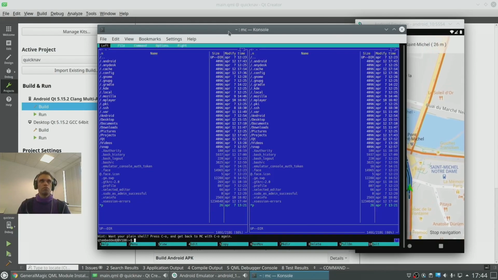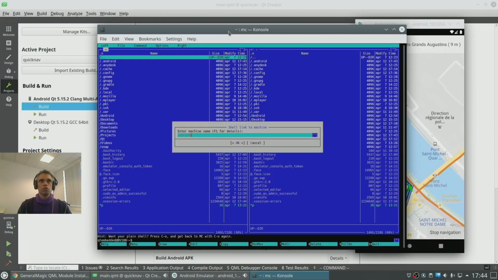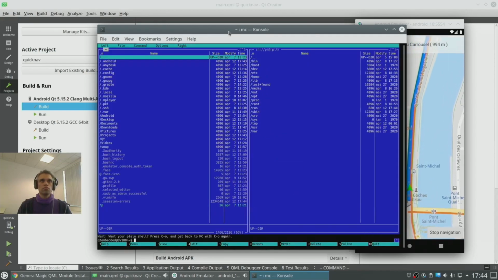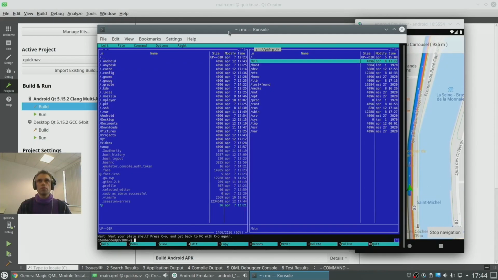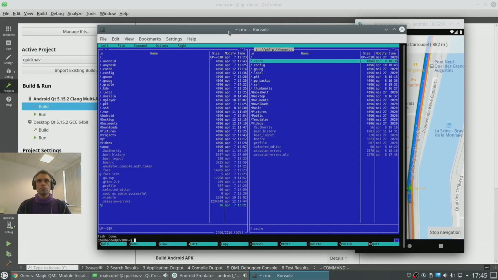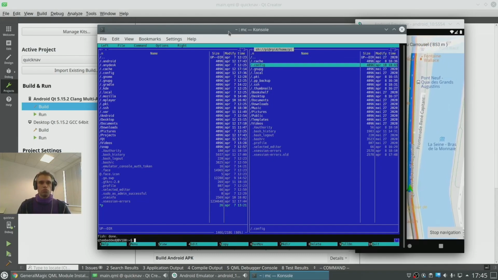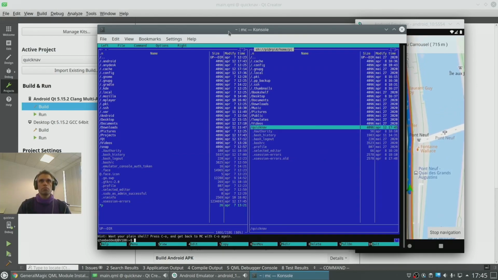So first we connect to the Raspberry Pi here. Okay, so now here's the Raspberry Pi. We go here to the home directory, to Pi, and here we want to create a new directory just for our project. We'll call it QuickNav. There it is.